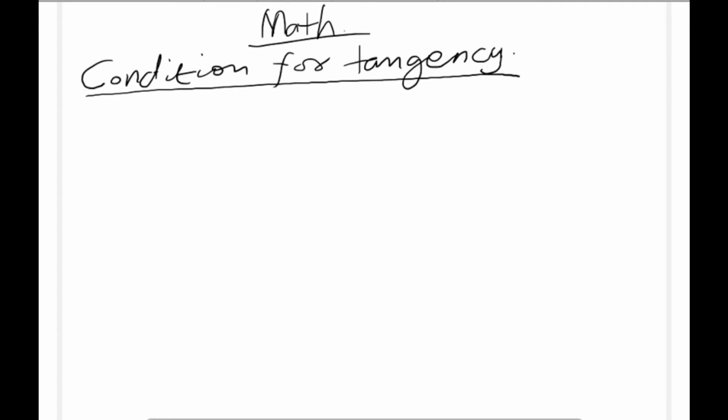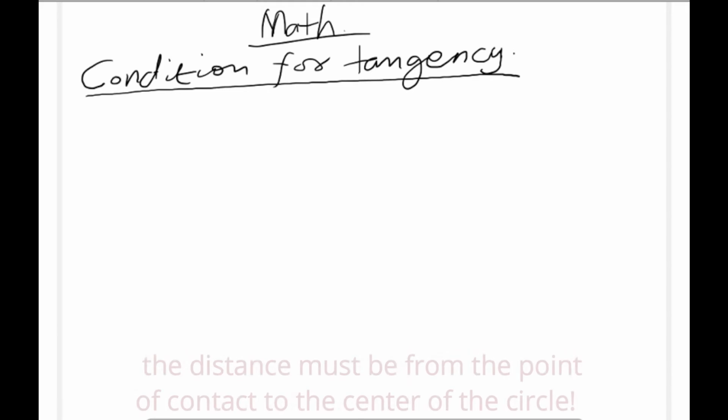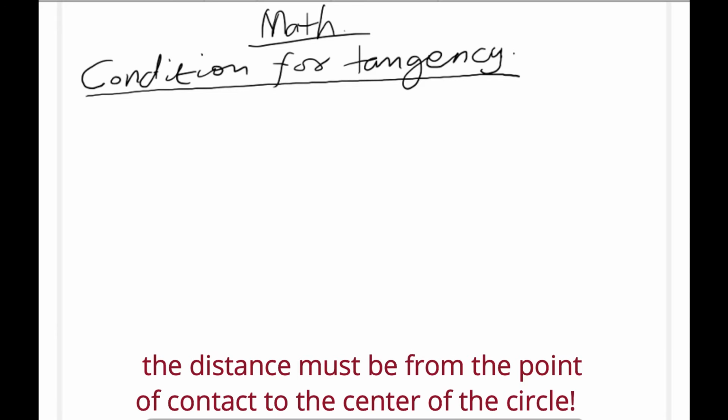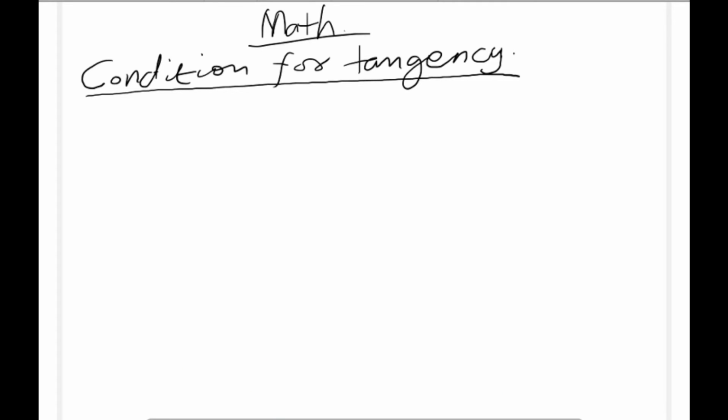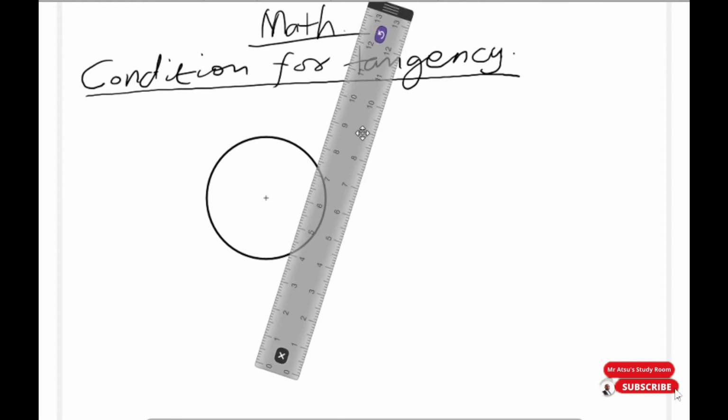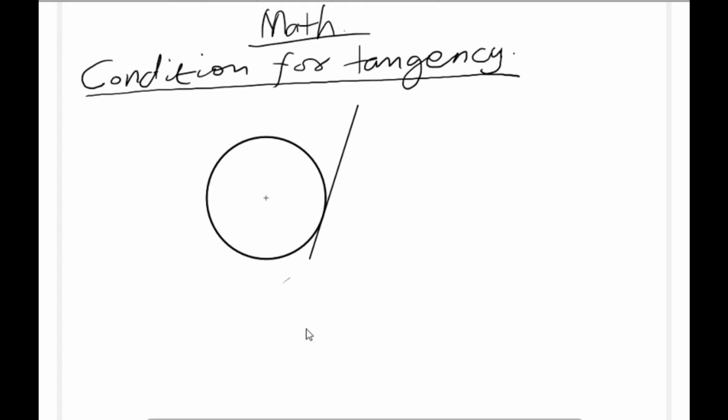For calculation purposes, a line is said to be a tangent to a circle if the perpendicular distance drawn from the line to the center of the circle is equal to the radius of the circle. Let me just draw a circle quickly to explain this point further. Alright, so all we are saying is that if this is a circle and this is a tangent to the circle,